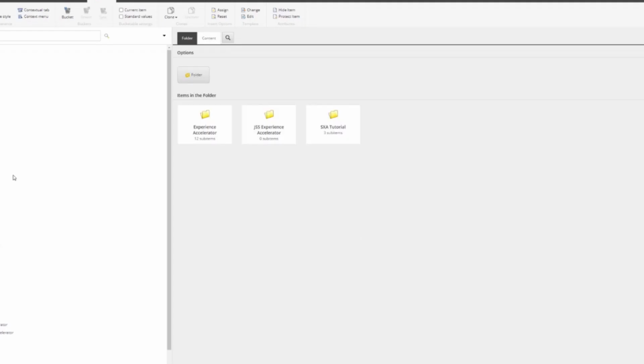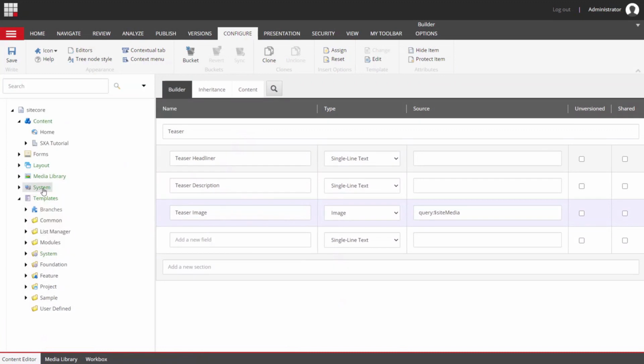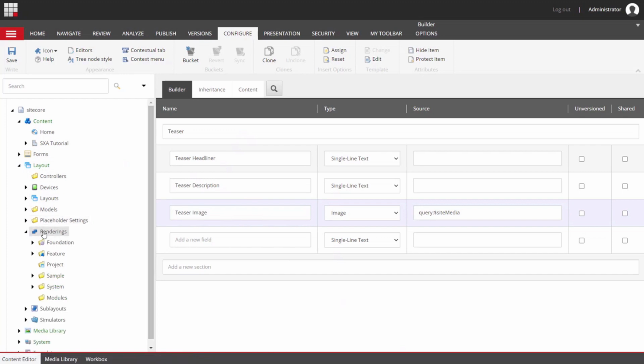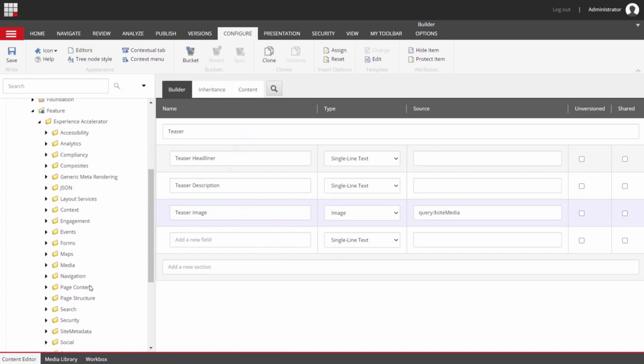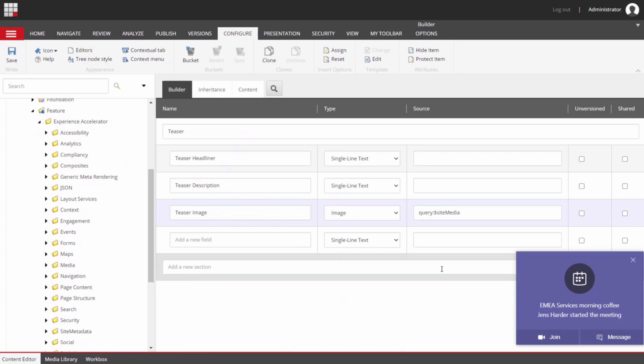So we are going to create our rendering. So therefore, we will choose a different way like last time. So last time we've used the component wizard, and this time we would like to show you an alternative way of doing that, which is the way of cloning an existing rendering. And for this, we will choose the promo component, as this from a data source behavior is closest to what we want to achieve. So what we wanted to achieve is having a dedicated